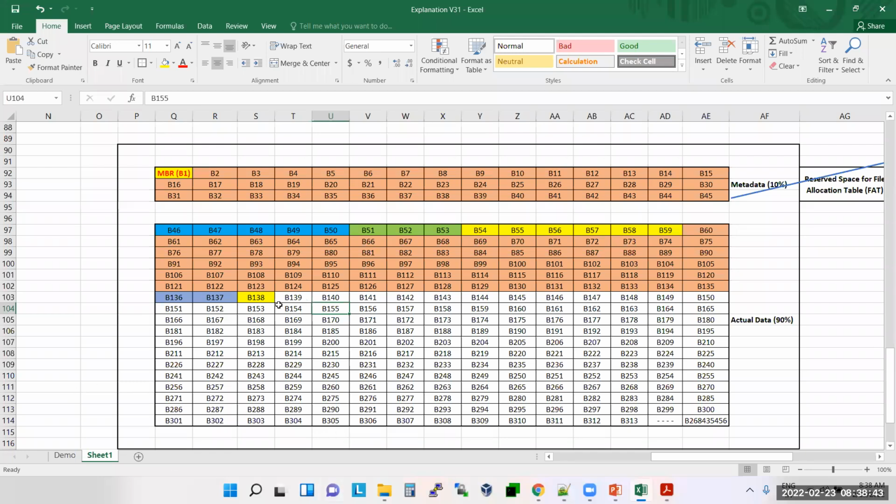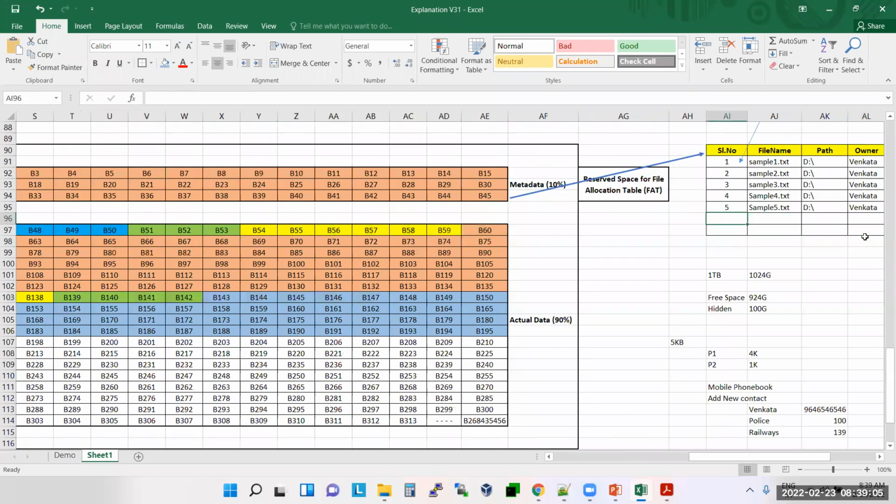Now let us take this scenario, sir. Now I'm writing a file. I'm writing a small file here. This is one file. Then I'm writing a big file. So what is this file? Let's say this is the sixth file.